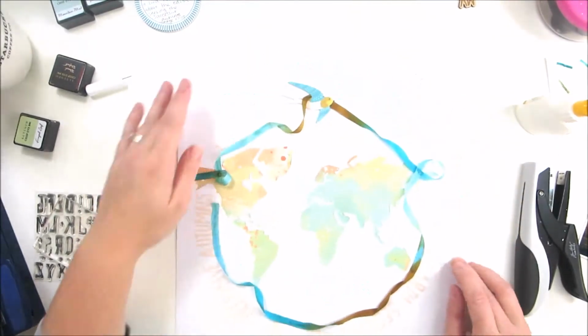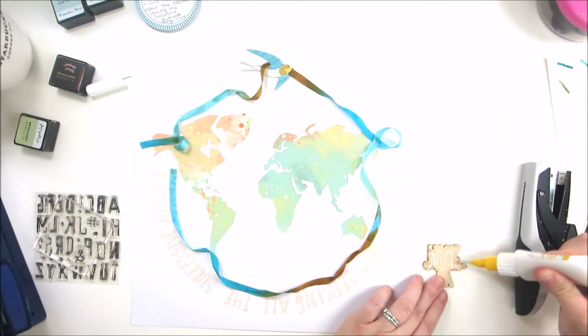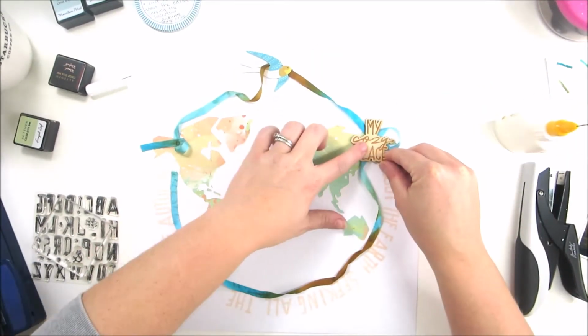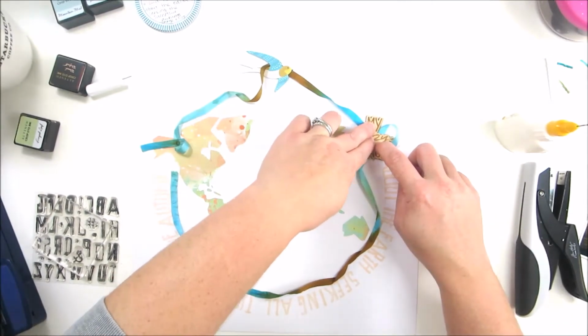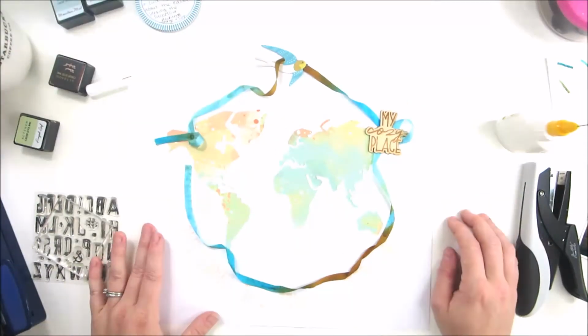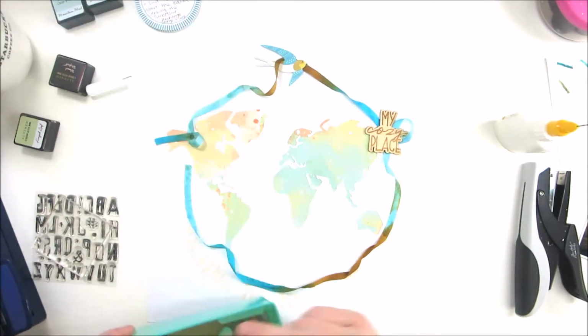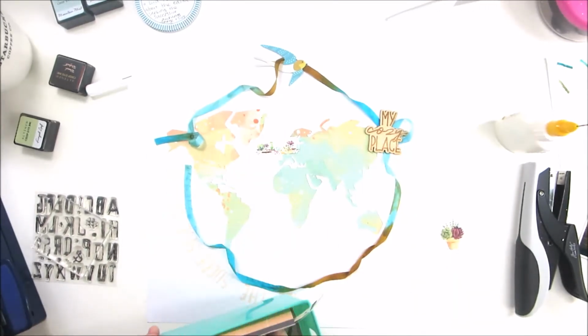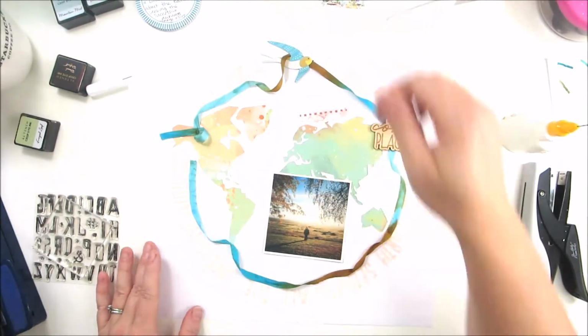So now that I have everything kind of tacked down in little areas, I'm going to add in some of these elements. I'm going to add in this little wood veneer that came in my kit. It says My Cozy Place. And the picture that I'm using is of my son in our backyard, and he's all bundled up in his fall gear, all cozy. And I really love our yard in the fall because all of our trees turn these